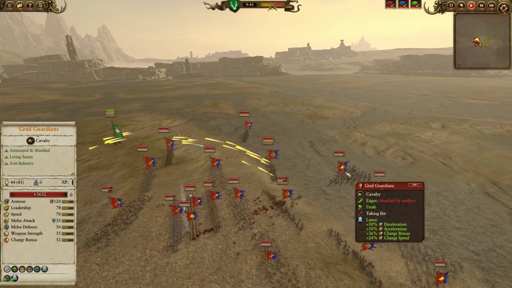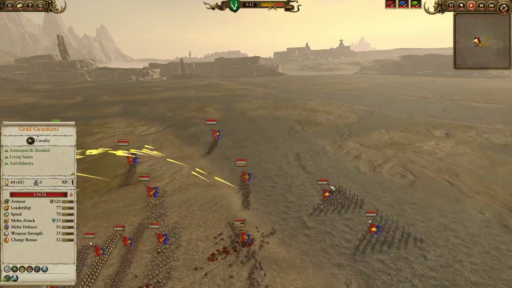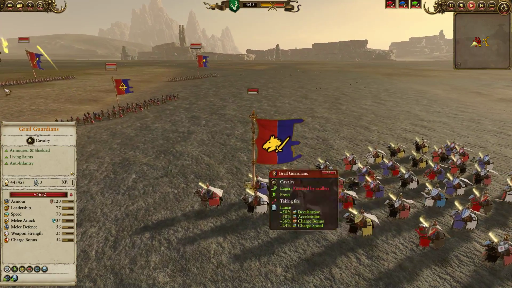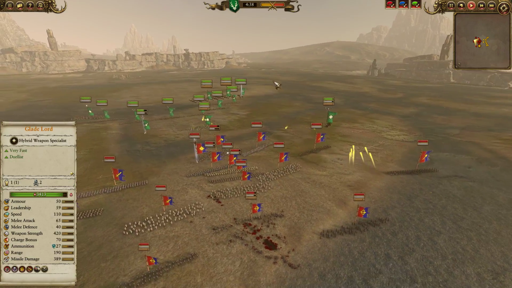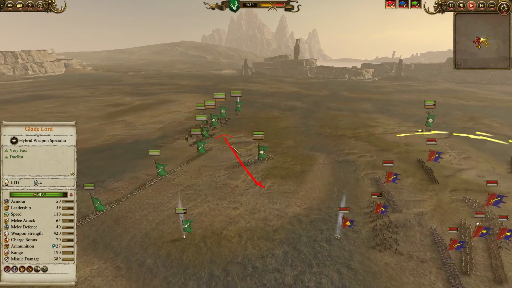Glady does fire a few arrows here into the Grail Guardians, not really doing much. Potentially getting blocked by their shields, it looks like. I guess her missiles can actually be blocked by shields. That's pretty crazy. But my sisters are going to sort of scoot off over here,